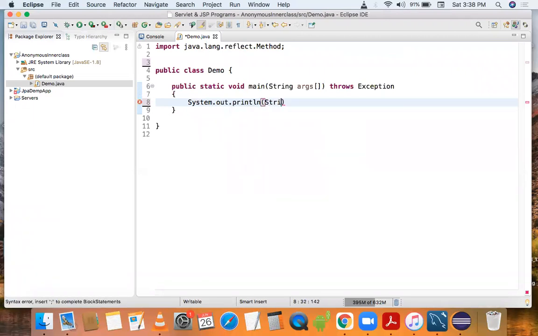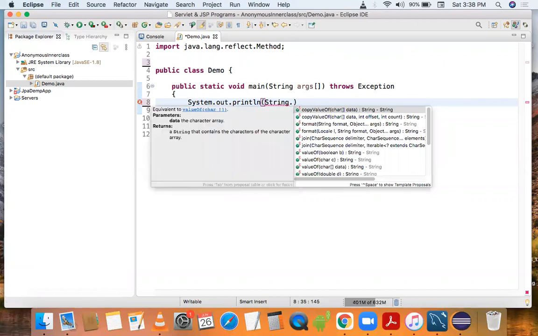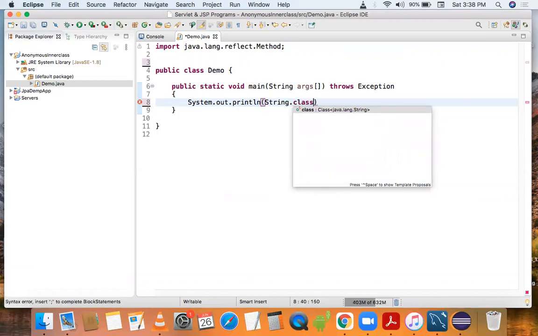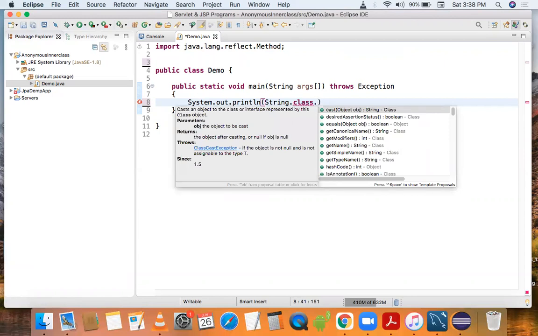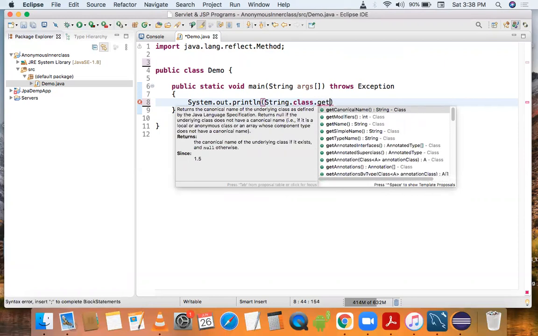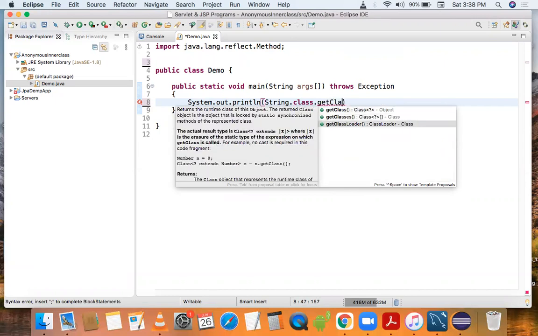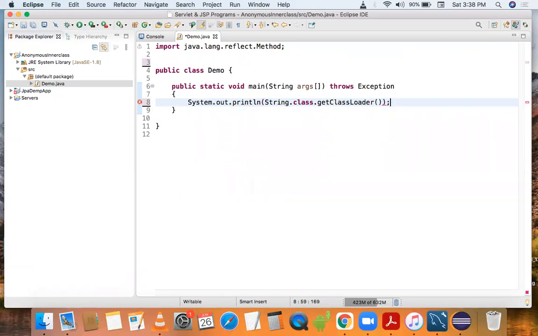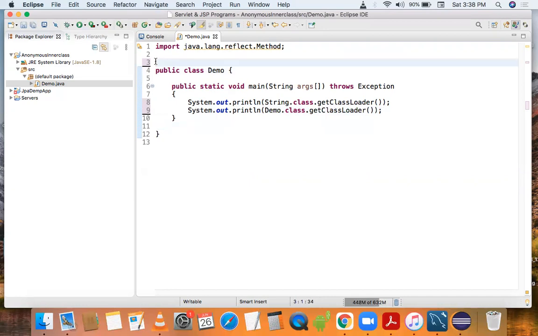Now we will use String.class.getClassLoader. Then the second one, we will use Demo.class.getClassLoader.